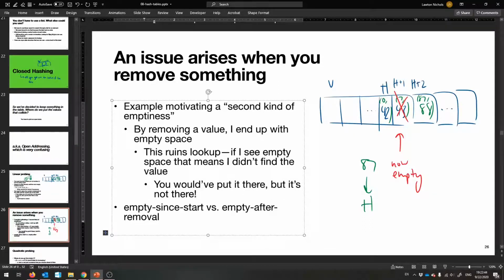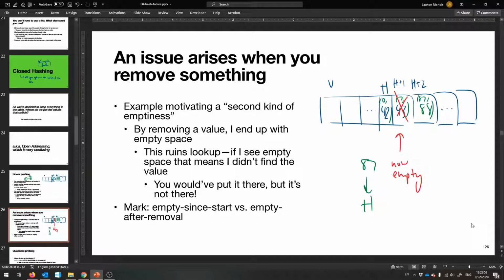So you need to mark this somehow. This motivates a second kind of emptiness. You have your empty from the beginning, empty since start, as your book says, and then empty after removal. So if we change this to say empty after removal, maybe,